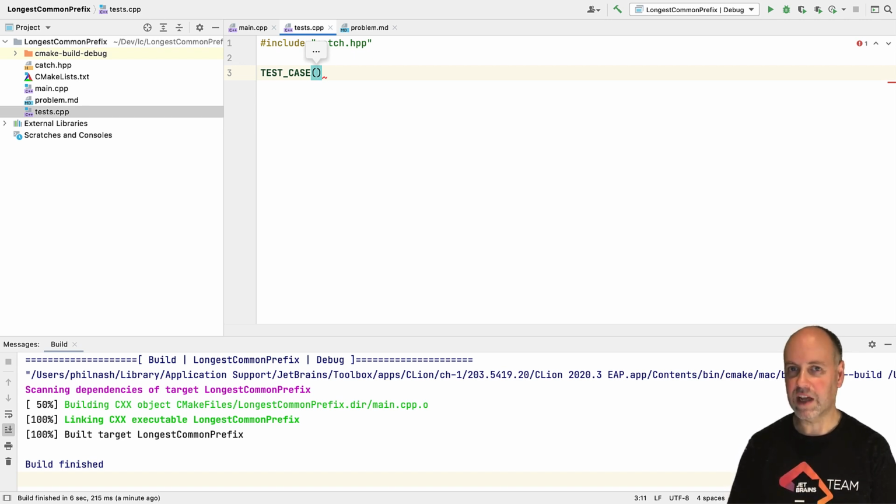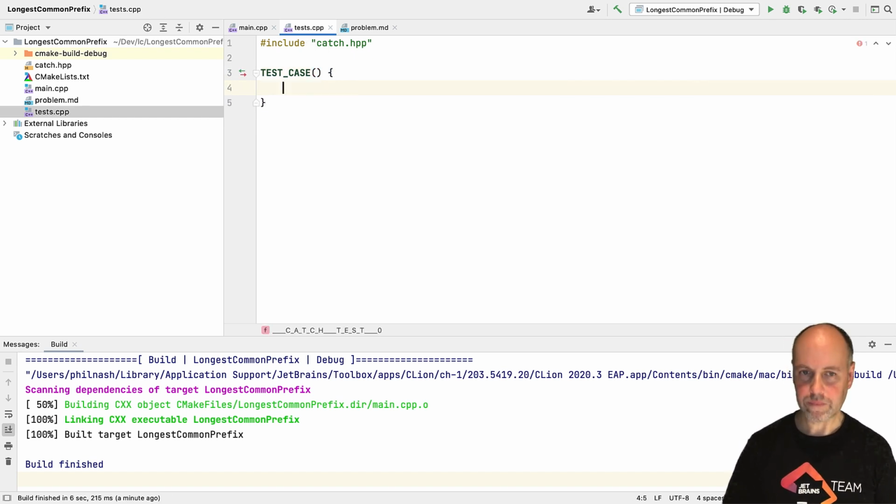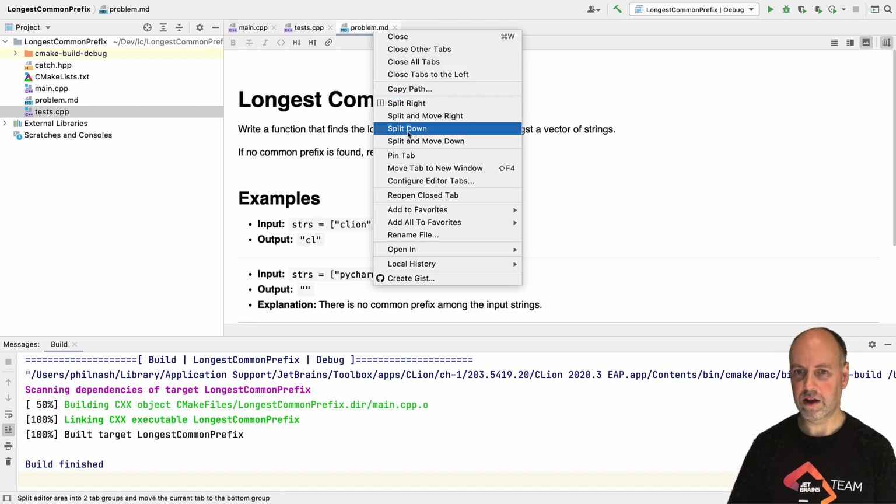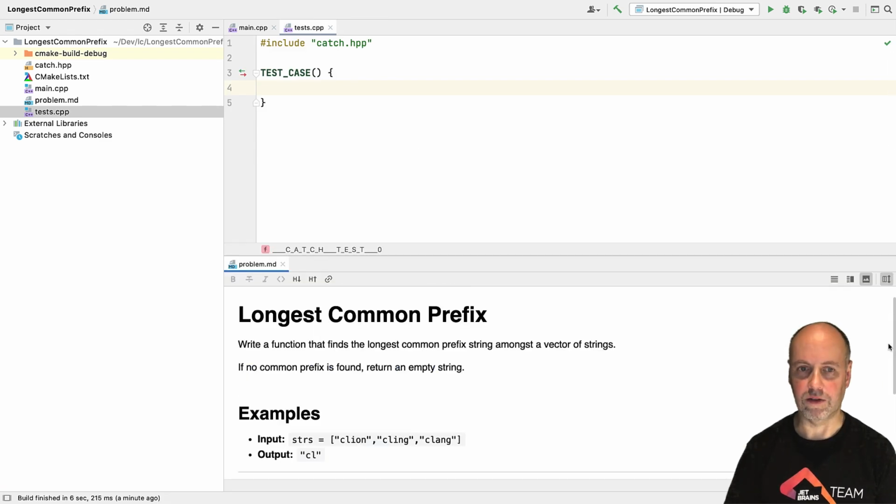In fact, we don't even have to give you one, so let's skip that. And at that point, we are ready to start. Let's go and have a look at our test inputs. So if I open the problem statement file again, I'm going to split and move down so that I can see them both